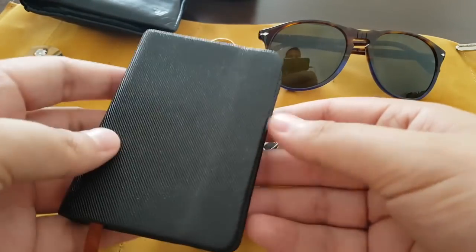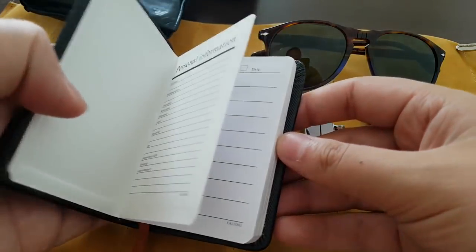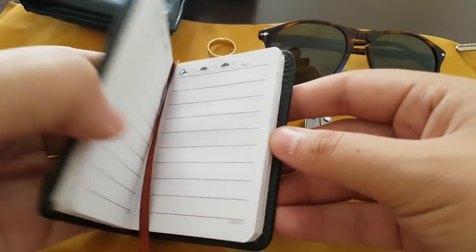It's super cheap. It was like $1 a piece. You can probably find this in a dollar store, and it's really nice. You can see here some info, and